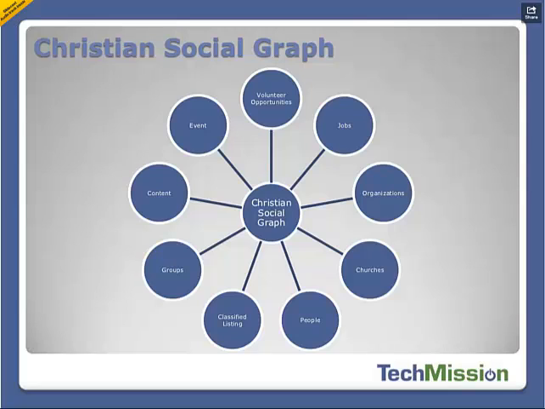So this next slide shows just a map of what the Christian social graph looks like. The Christian social graph is a bunch of different objects that are of interest to Christians. That could be volunteer opportunities, so you want to serve at a rescue mission or a short-term missions trip internationally, that I would say is also a volunteer opportunity. Christian jobs, it might be Christian organizations, nonprofits and parachurches. It might be